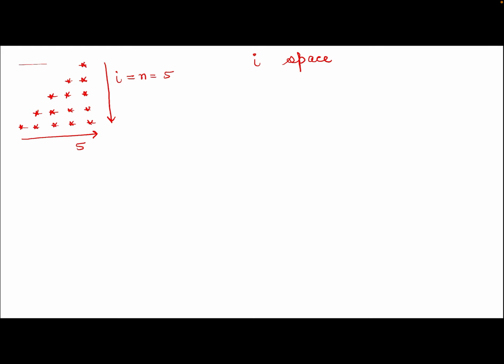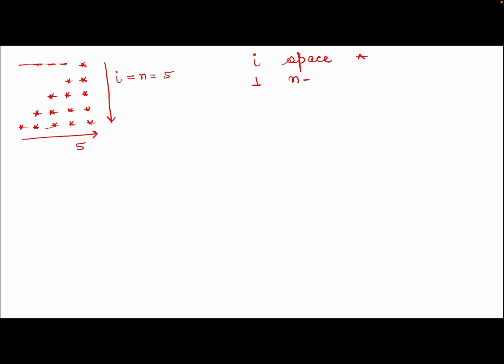So let's take space. When i is 1, how many spaces do we want to print? I want to print 4 spaces. Suppose there is no space in between, so I want to print 4 spaces.